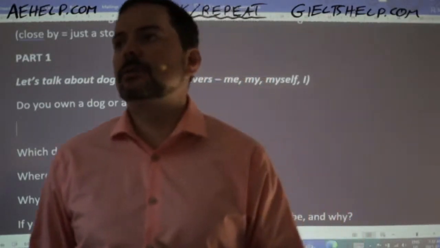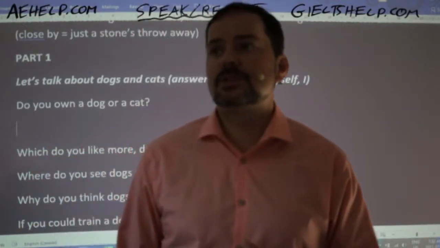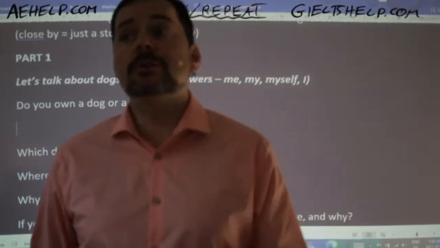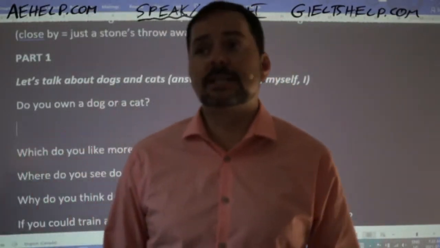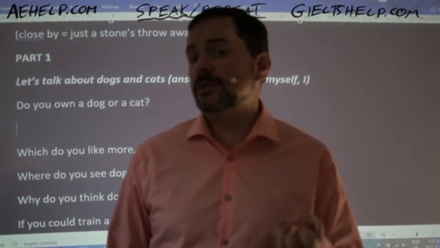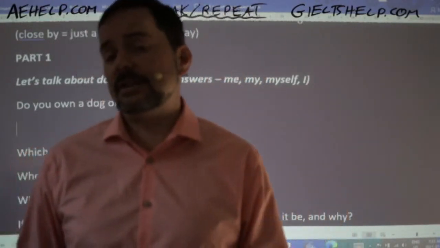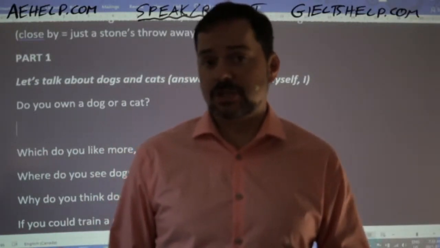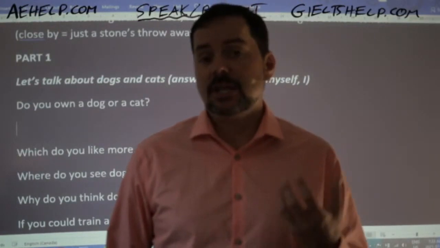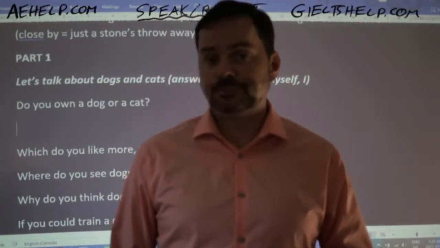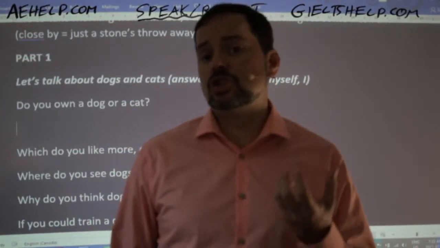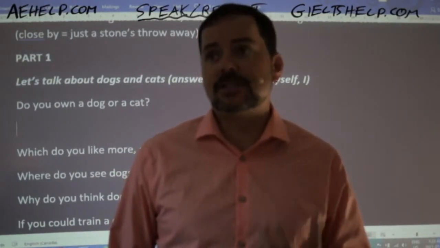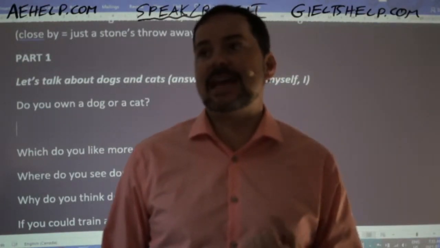Joban says, no, I don't like pets and animals, so I don't have a cat or a dog. All right, Joban, why don't you like cats and dogs? Why don't you like pets? Make sure that if you're going to go with a negative answer, like, no, I don't have a cat or a dog, give a brief explanation. You still have to show your fluency. Just because the answer is no doesn't mean that you should not be fluent. That is one of the big mistakes that students make when they give negative answers.